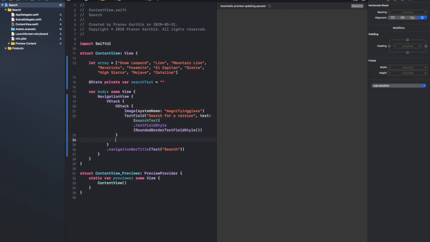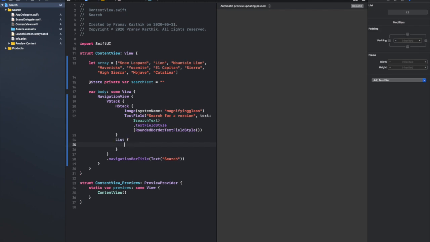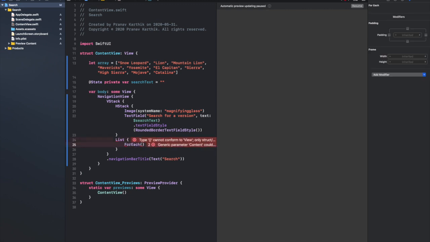Now that we're done with our HStack, let's create our list. I'm going to be creating the list using a ForEach loop. Now, this is where we're actually implementing our search. We're going to be using filter on the array and using the attribute hasPrefix to check if it matches with our search query. To do that, let's first use our array,